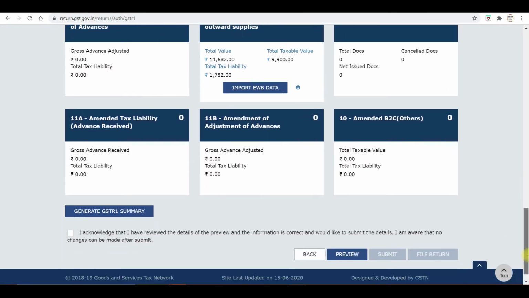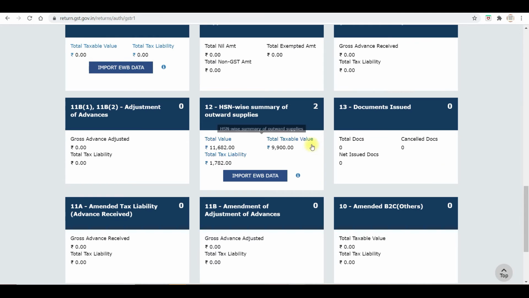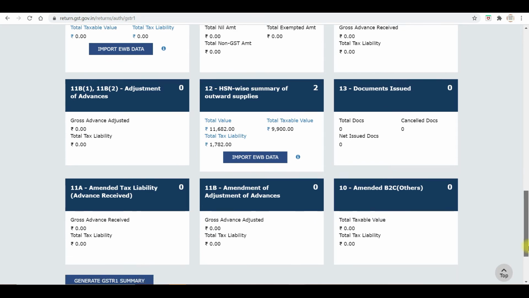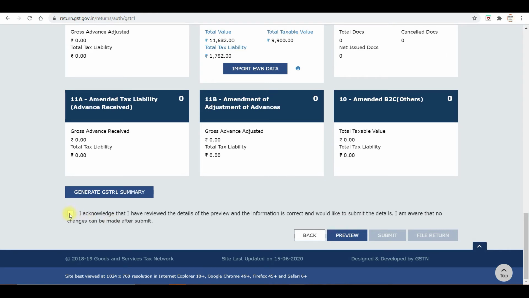In case you have posted other table relevant transactions, then you can see that value in this screen. Currently we can see the HSN summary with some value. Since it's a service industry, the SAC information will be service related. HSN-wise summary of outward supply is not mandatory if your turnover is less than 1.5 crore. While uploading the JSON file from Tally, by default GSTR 1 is validated and the summary is generated.